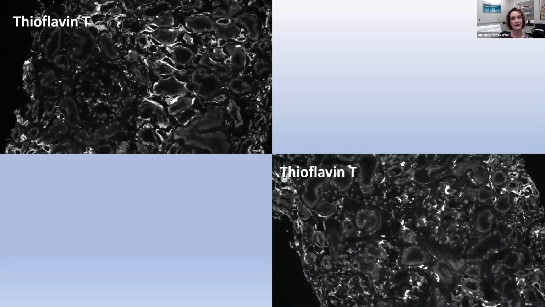In addition to our routine immunofluorescence panel, for any patient above the age of 50 in our laboratory, we do a thioflavin T stain. In this particular patient, the thioflavin T stain was actually positive. So now we can begin to see that there are some interstitial deposits along here and along here as well as the